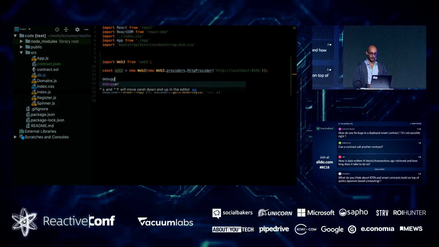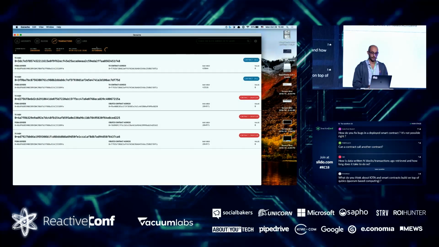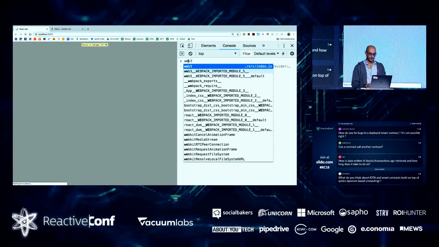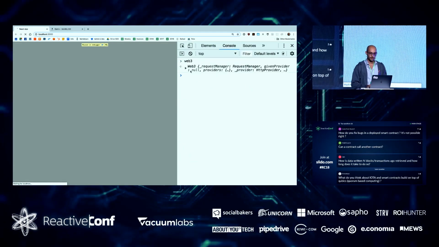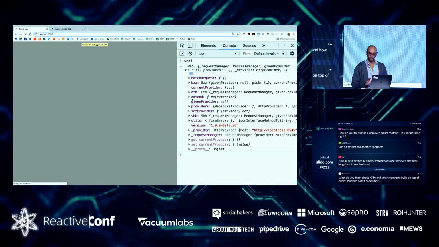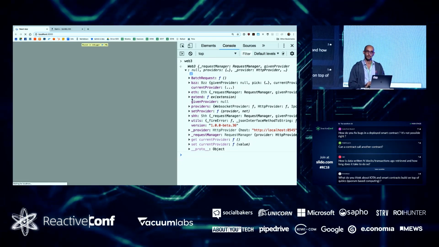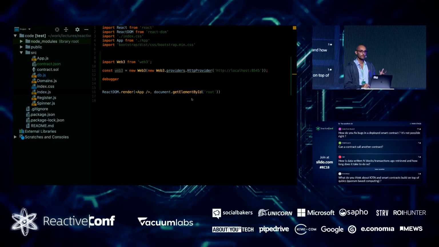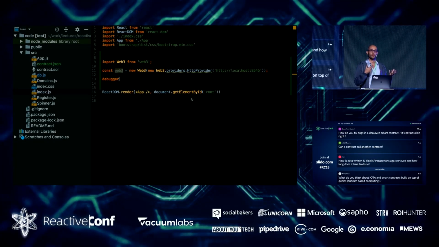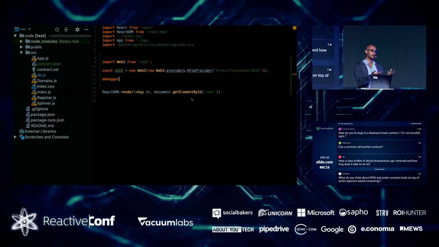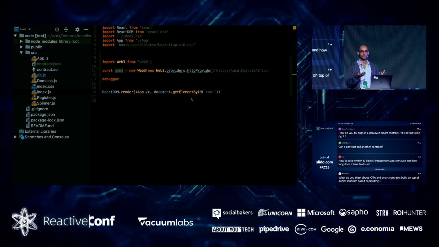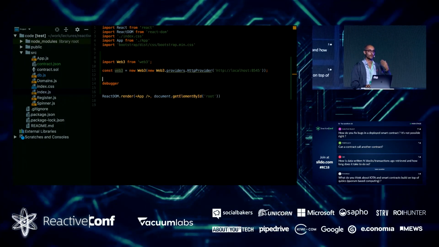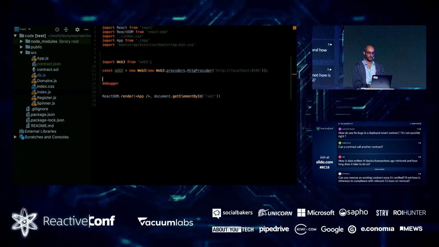I'm going to add a debugger here so we can try to see if things are actually working for me. OK, no errors. It's already good. Web3. Let's hit it, and looks like it's working. I'm not sure yet, but something is looking much nicer now. So now I have a connection to my node. But what I really want to do is speak with the contract, right? I want to ask the contract to resolve domains, and I want to ask the contract to register domains. That means we need an instance of the contract itself, or a connection to the contract. So let's create that as well.